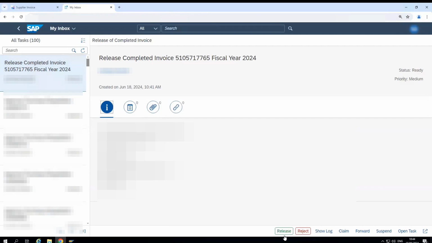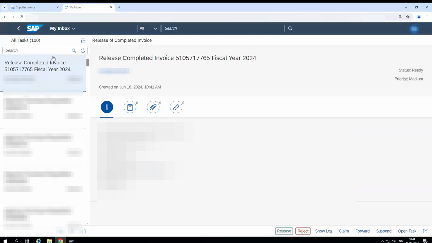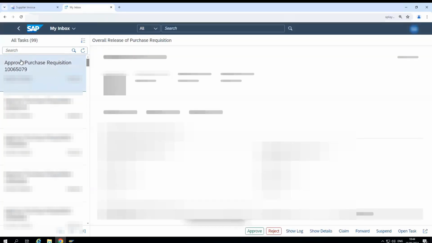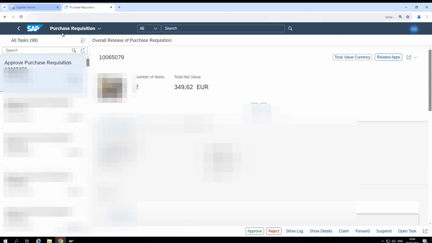And here two options are there, release or reject. If you are willing to go for the release, then just click on that release option. As of now, I am just taking this option, release. So here I am taking it as approved. Okay, so just click on submit. You will not be able to see it anymore in the my inbox page, because you have already taken action as approved. And to check the status, go inside the supplier invoice list